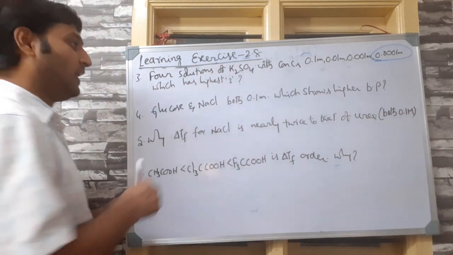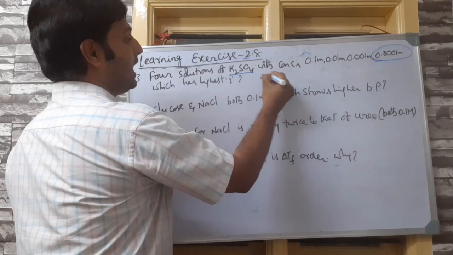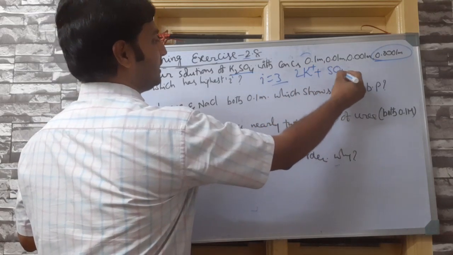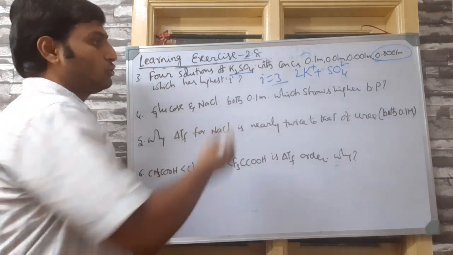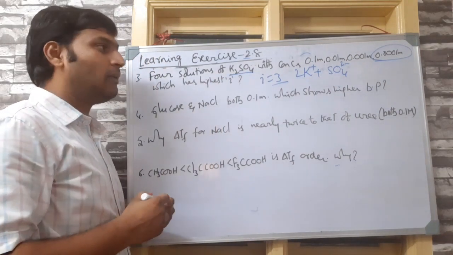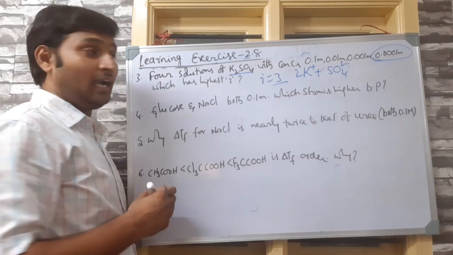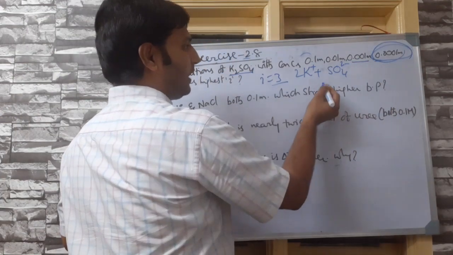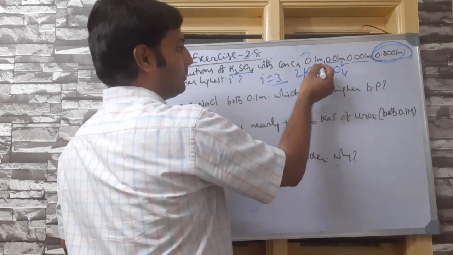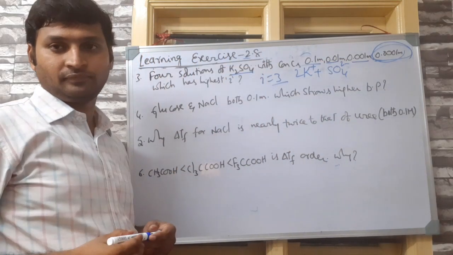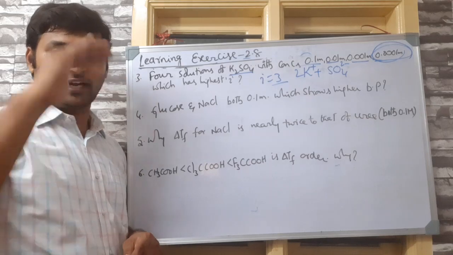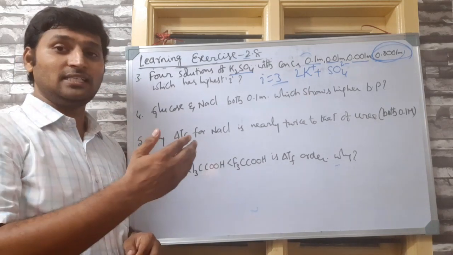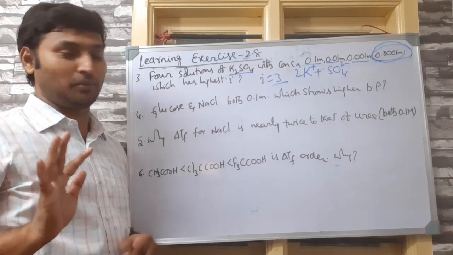Likewise, for potassium sulfate, if it is 100% dissociation, i would have been 3, because it dissociates as 2 moles of K plus and 1 mole of sulfate. So i would have been 3, but it will be slightly less than 3. It will be closest to 3 in this concentration, a little farther away from 3, more far away from 3, farthest from 3. So as the concentration increases, the Van 't Hoff factor decreases. Clear? Farthest, lowest value from 3, please understand that.